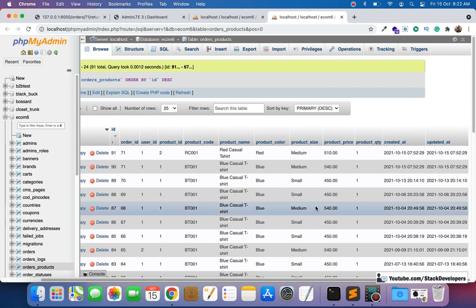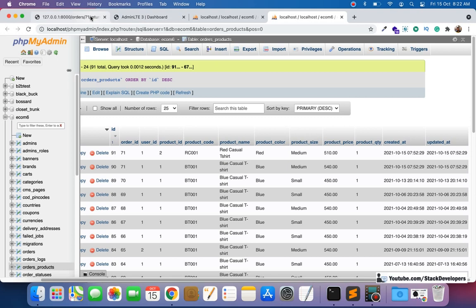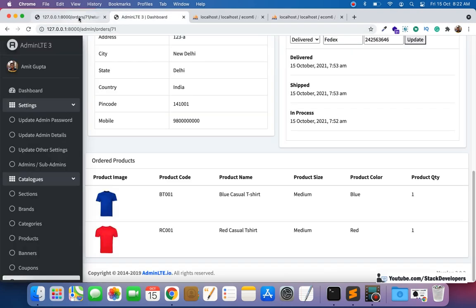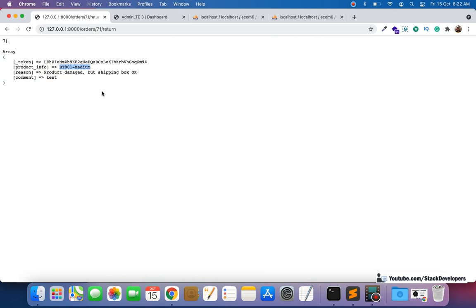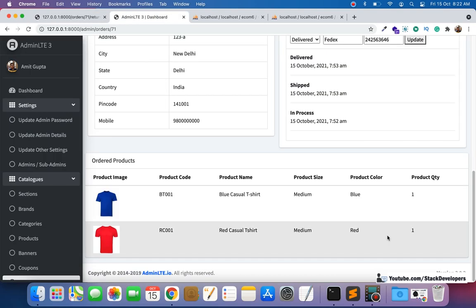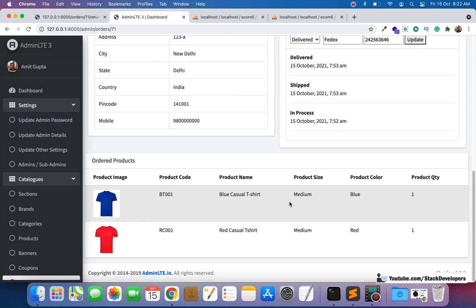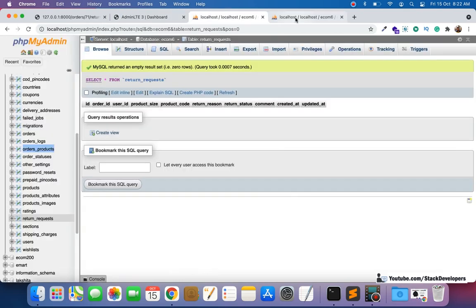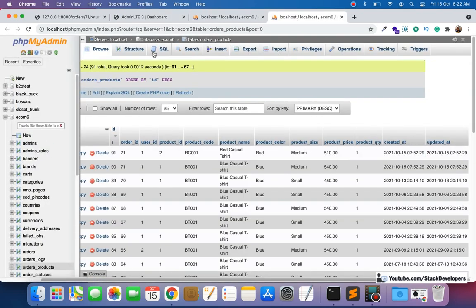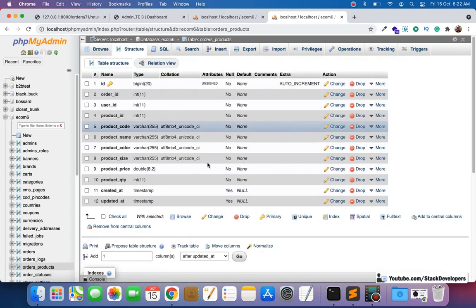Okay, so here we will create one more column. It is mandatory, otherwise after placing this return request, the return form will keep on showing both the items, but we don't want both the items there. Only the one item that is not returned yet must be shown, and the other item must not be shown in that form. For that we need to update the item-wise status here, so we are required to add one column.